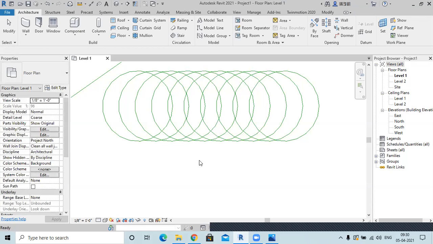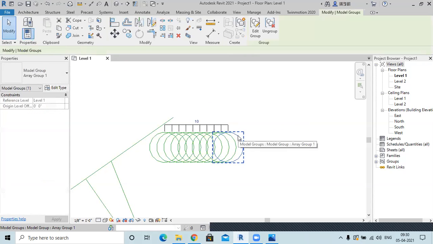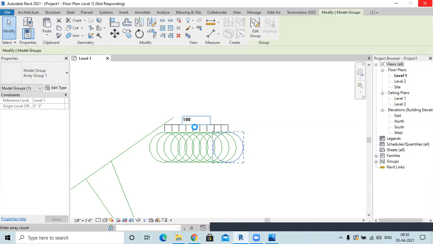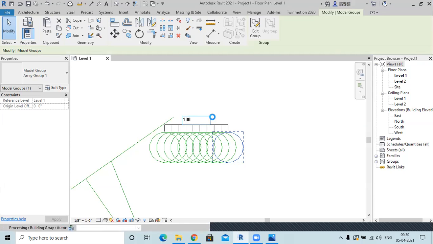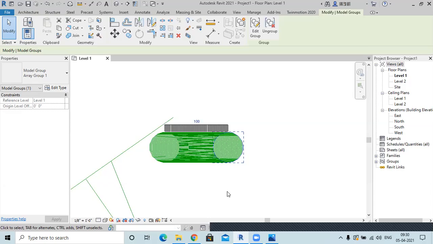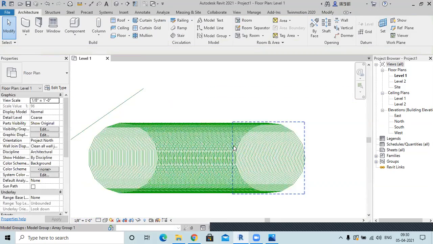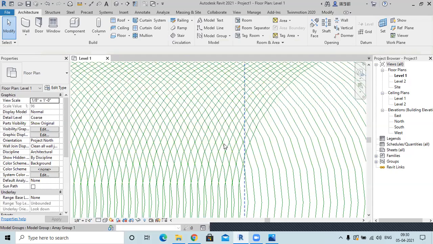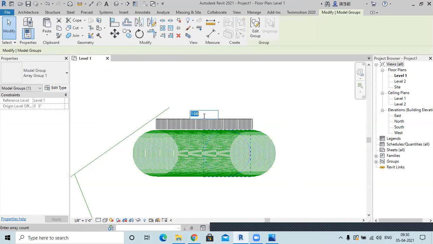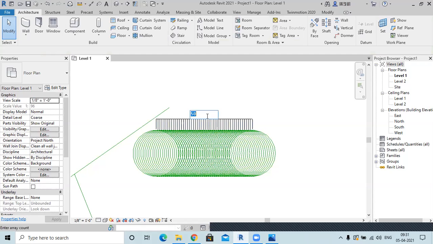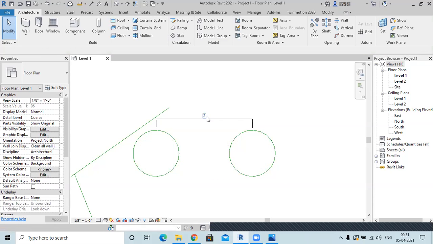Now even after creating this array, if you select any one of it, you can change the number of objects which are created. Maybe change it to 100. But the more objects you make, it will take a lot more time to load, because now lines are intersecting at a lot of points. So you start doing different processing things. Okay, so this is how this array works. Then I'll select one. 100 is too much, so I'll keep it at 50, maybe 20. Okay, so from here you can change.